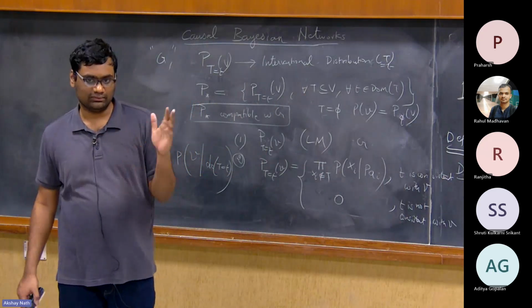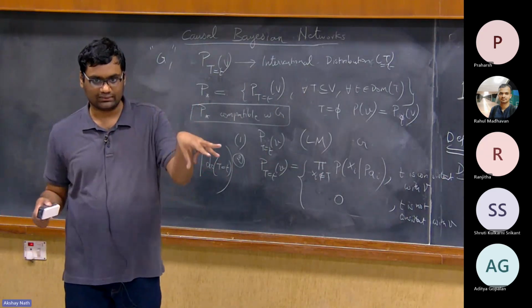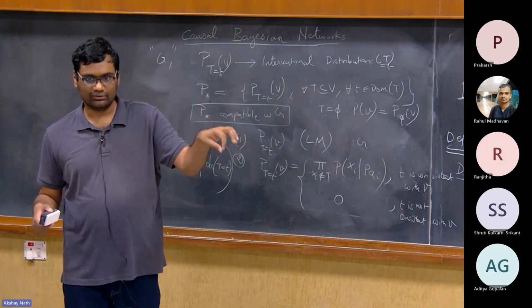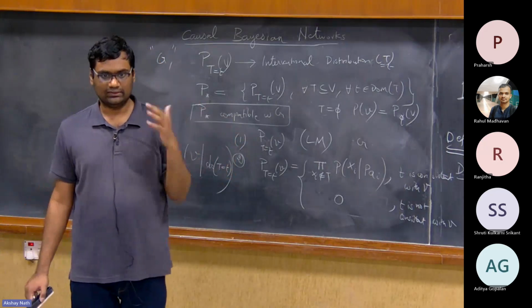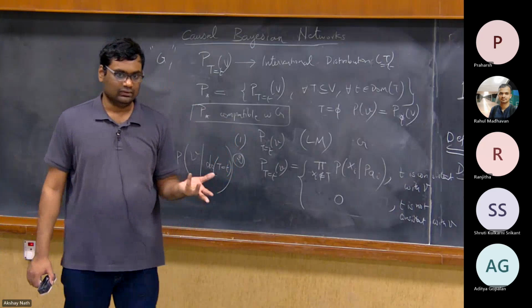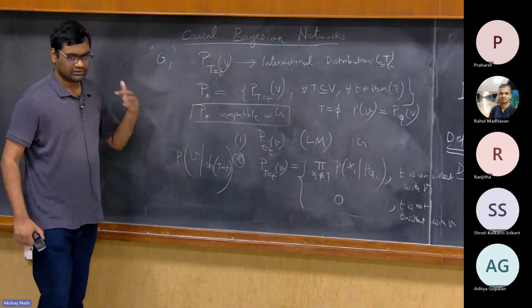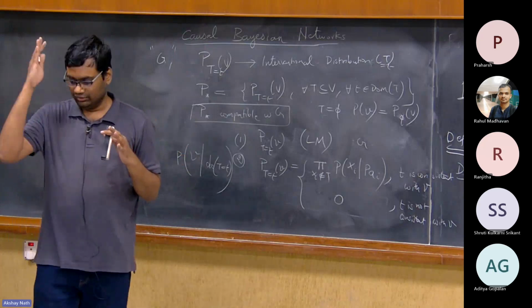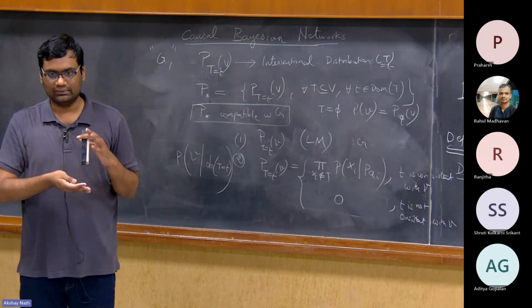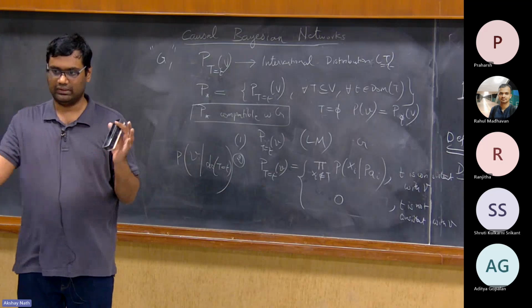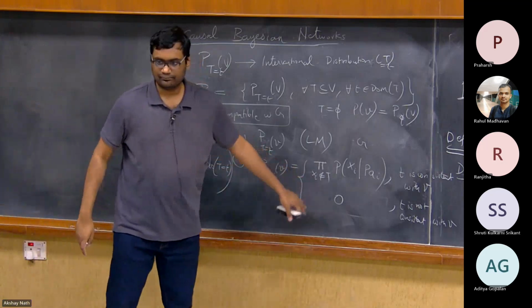And in reality, it also in some ways works like this. Unless you go and disturb something, its parental influence on that will remain the same. And that is the usual notion of causality. This definition also captures the fact that when something is intervened on, you basically cut off the parents and set the variable to something. That's exactly all that happens.